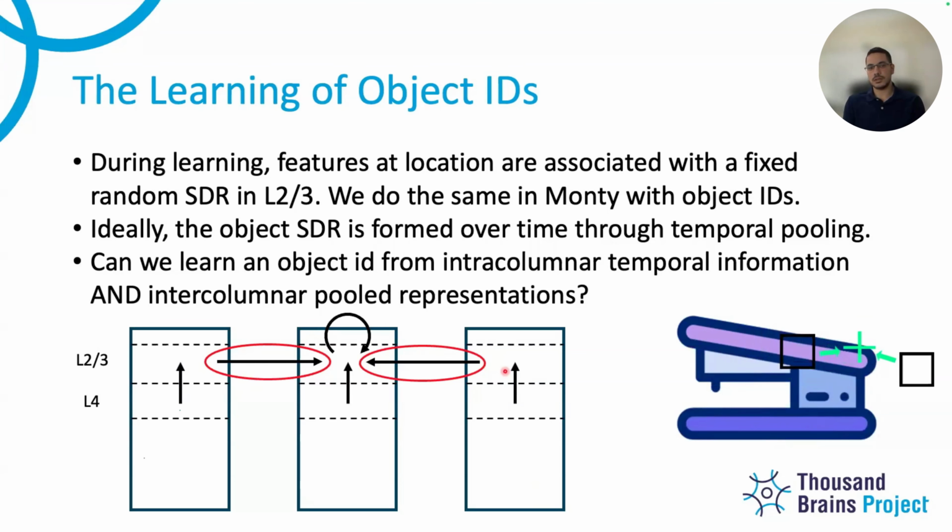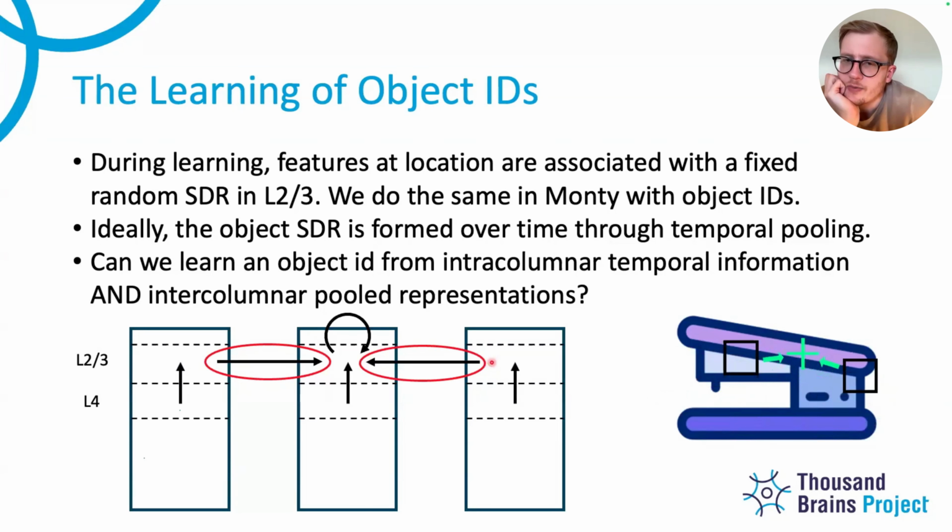They are changing, and there is a mechanism that forces this to become more stable over time as we see different parts of the object, as we move over the object. It starts very unstable, and over time, because it averages and learns to force agreement between these representations here, it becomes more and more stable, and it learns object IDs. I don't have any proof that this works, and I can't run simulations, but that's my intuition.